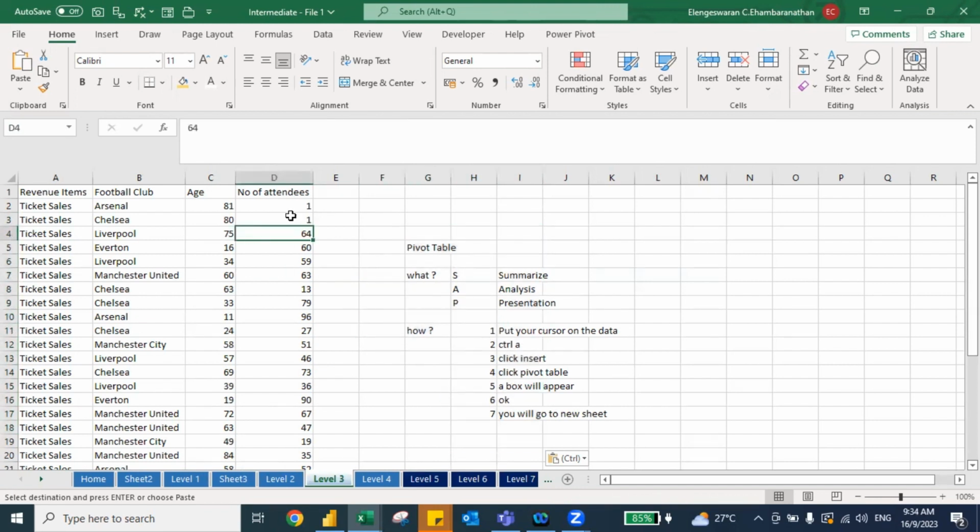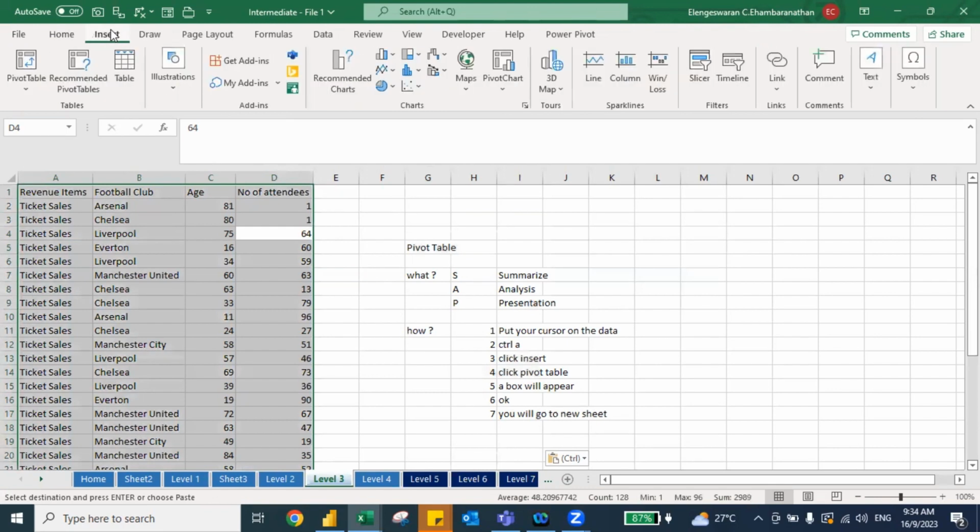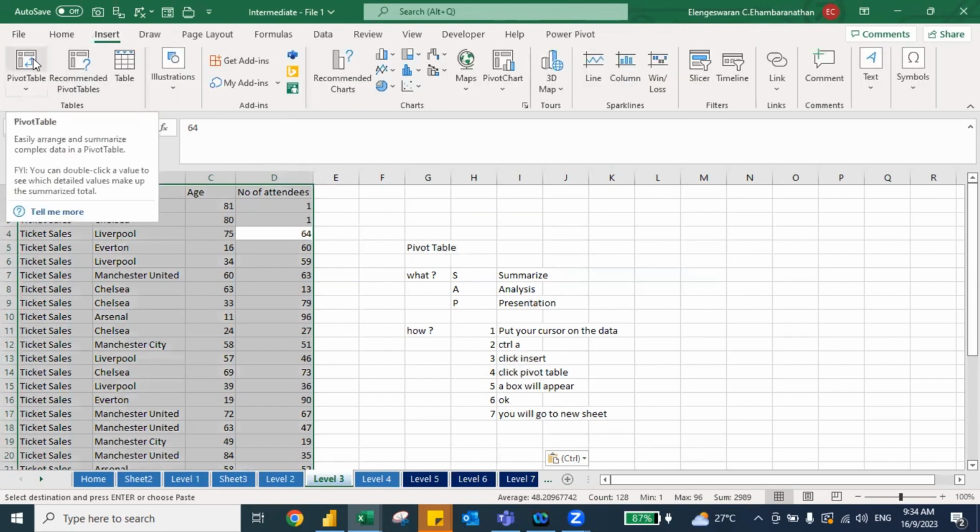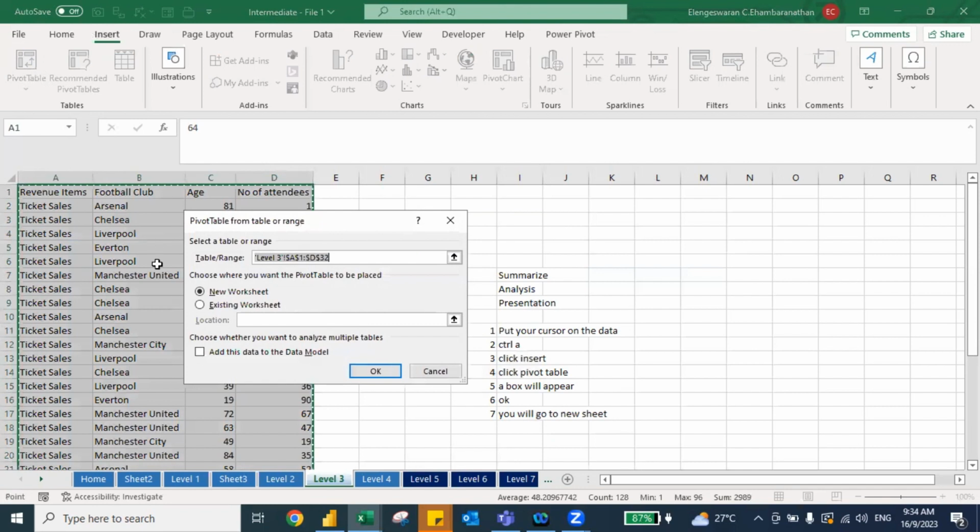Bila kamu letak cursor you kat sini, the next step is press Ctrl A. Kalau you are using a MacBook, you press Command A. Why you must press Ctrl A? Bila you tekan Ctrl A, setiap table ni atau setiap data ni will be highlighted. And then you go to insert, you go to pivot table, and then once you click pivot table, sebuah kotak